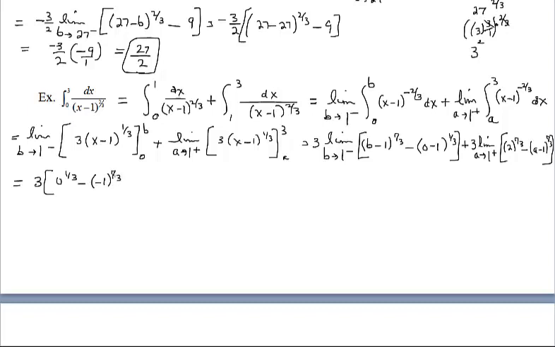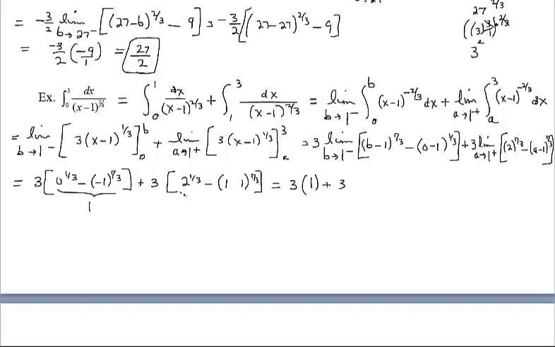to the 1/3, which is just cube root, plus 3 times, okay, and then right here I have 2 to the 1/3, or the cube root of 2, minus, plug in 1 for a, so that's 1 minus 1 to the 1/3. So things are going to be able to clean up for us. Alright, so 3 times, that's 0, cube root of negative 1 is negative 1, opposite of negative 1 is 1. So all of this goes to 1,